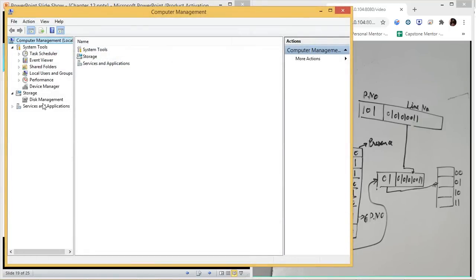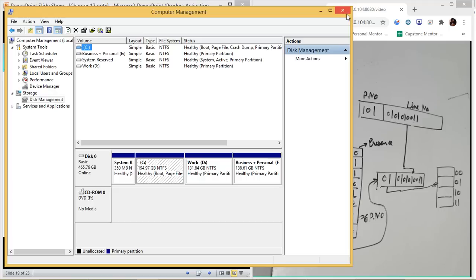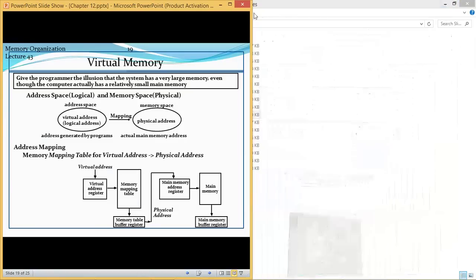This is how you are going to check what different kinds of memories you are having in the task manager. You are never shown any kind of virtual memory at this place. They are not going to show you anything that there is something known as virtual memory, because we only use RAM and hard disk drive. But there is something known as virtual memory, so we will just discuss that.